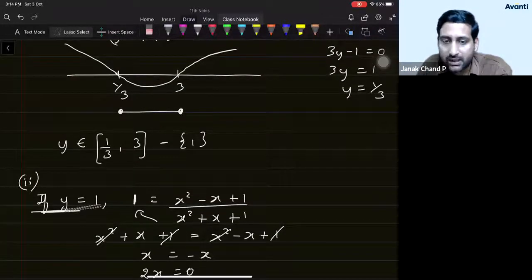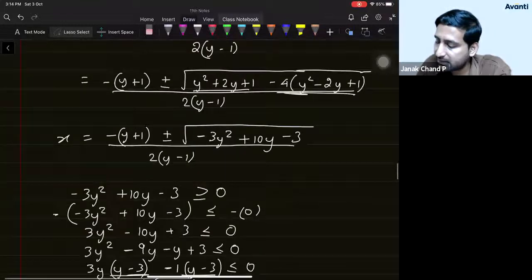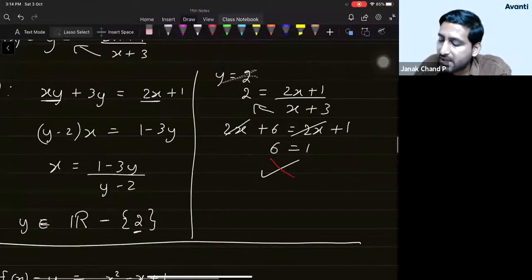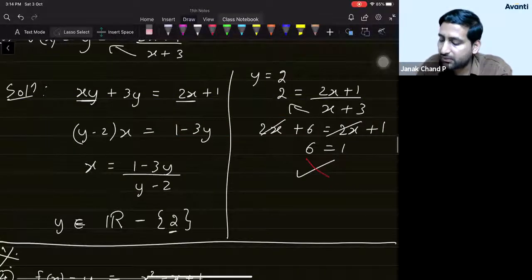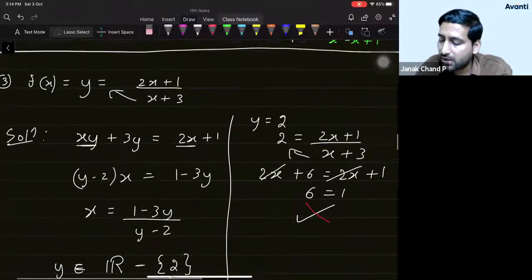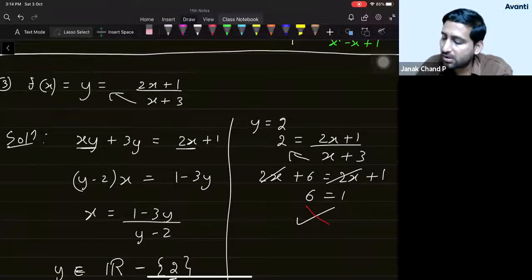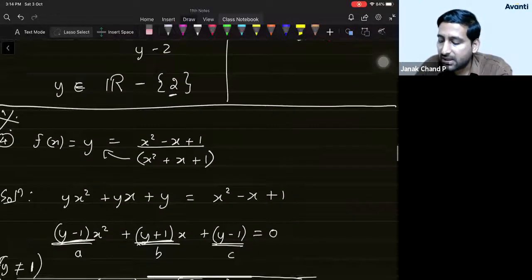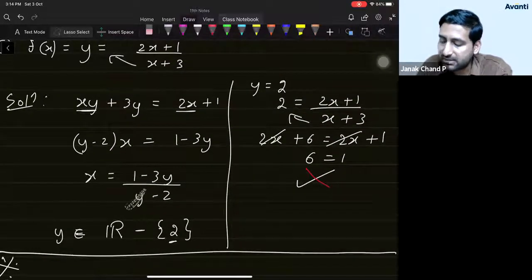If y is equal to 1, after doing this, if we get a final conclusion which is not acceptable, like in the previous case, when we put y is equal to 2, we got an answer which is not acceptable, then such a value should be removed. A value should not be removed because of your intermediate form of the question. You should remove a value if and only if your original form of the question is having a problem. When I put 2 here, you're getting a problem here. That is why we need to remove this 2. Fine. So otherwise, you can do this question also like that. You can consider this as case 1 when we are assuming y is not equal to 2.